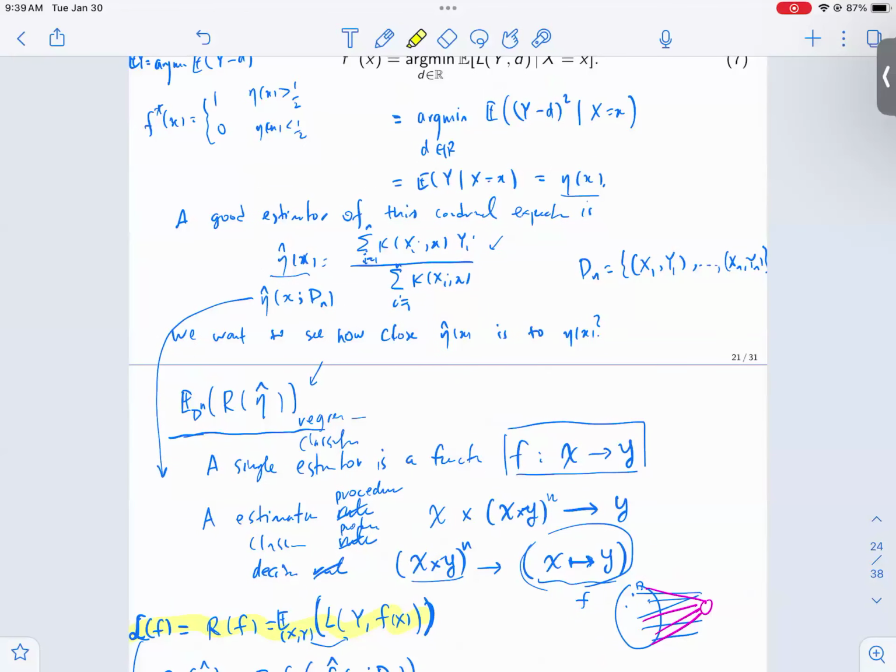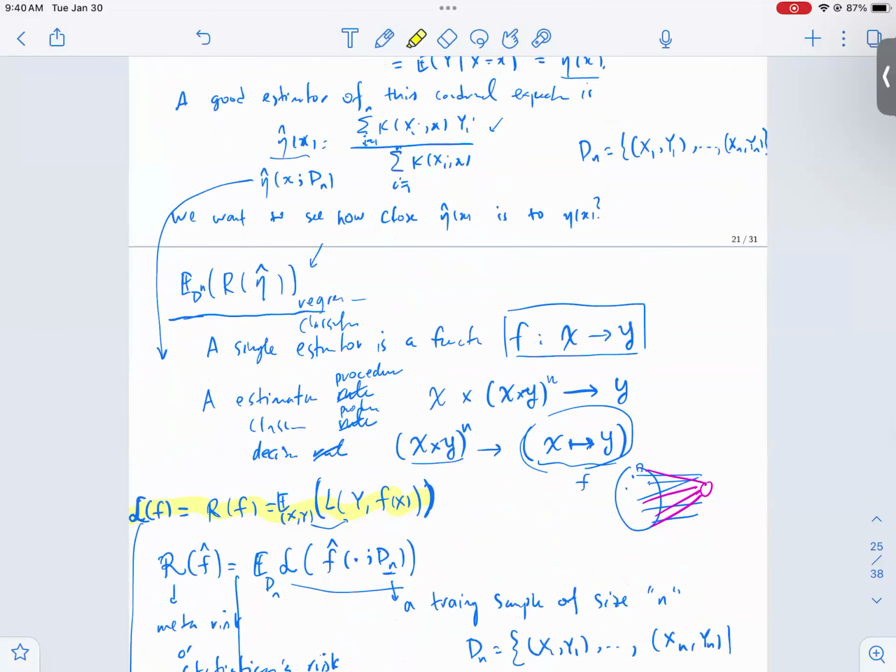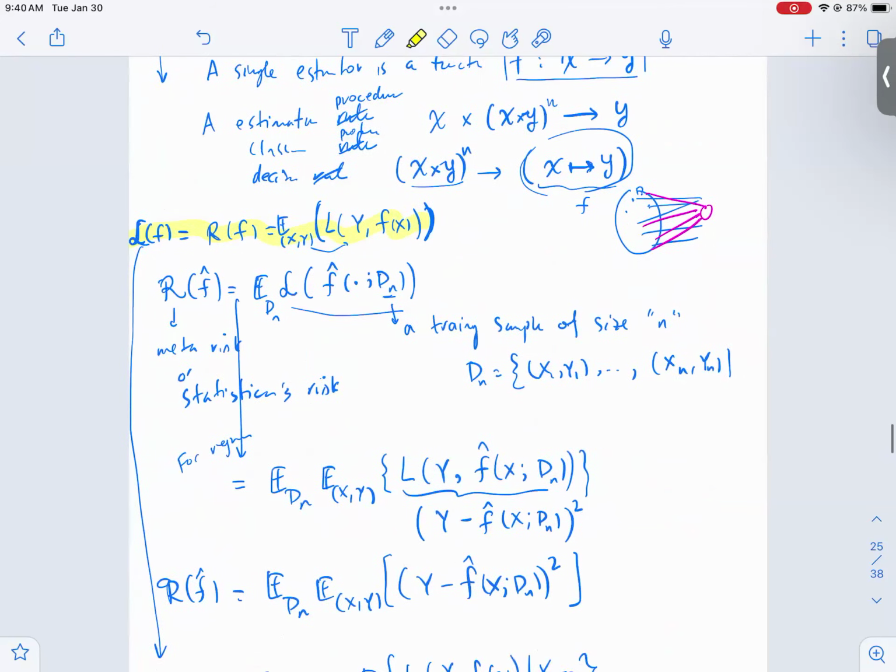the statistician's risk, where you look at the risk of an estimator, which is a random quantity, and then take the expectation under your training data. So this is not the risk for a particular realization of the estimation procedure, but rather a property of the estimation procedure across all the training data. I'm not going to go over the details, but once we look at this expectation, things reduce to